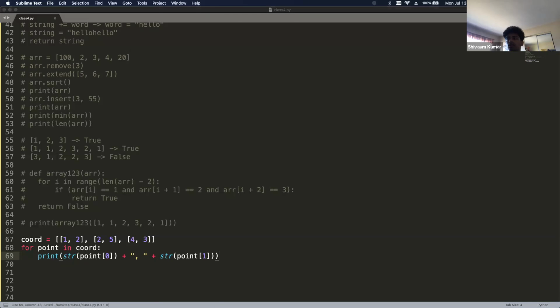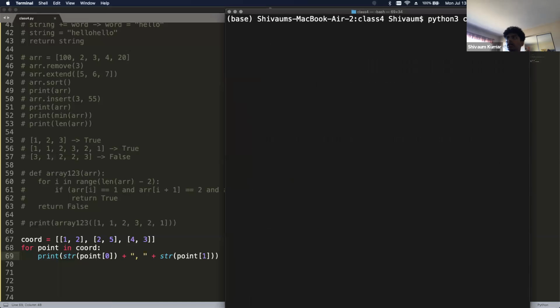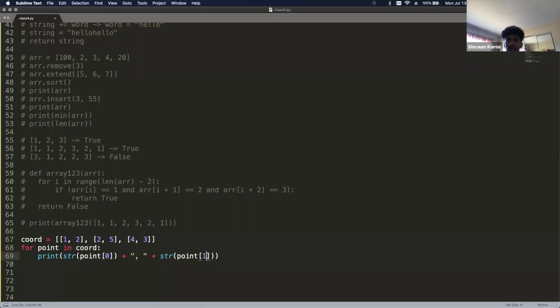If I run this, you see we got 1, 2, 2, 5, and 4, 3, which is exactly our plane. So the way I accessed it was I got the array. Remember, if you loop through it, you get the total array, and then I individually access each value from that array using 0 and 1.